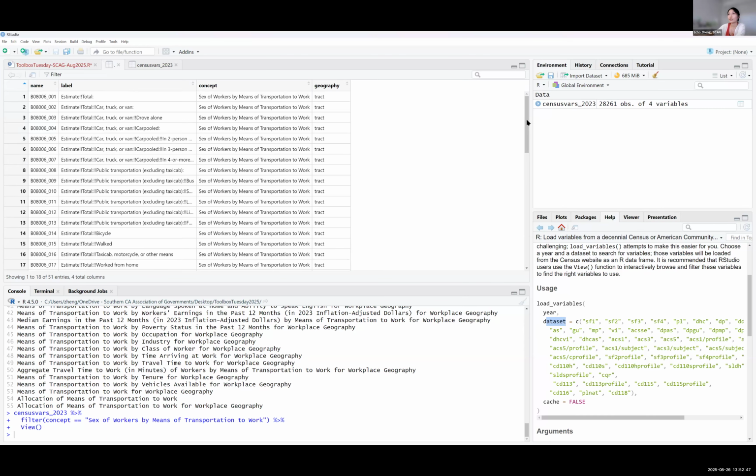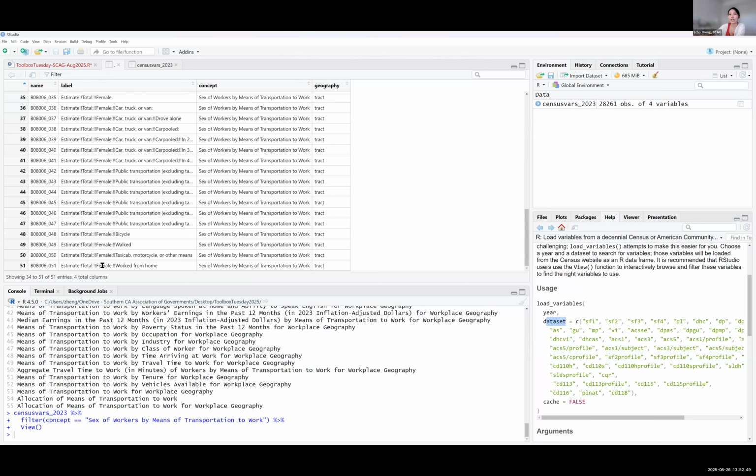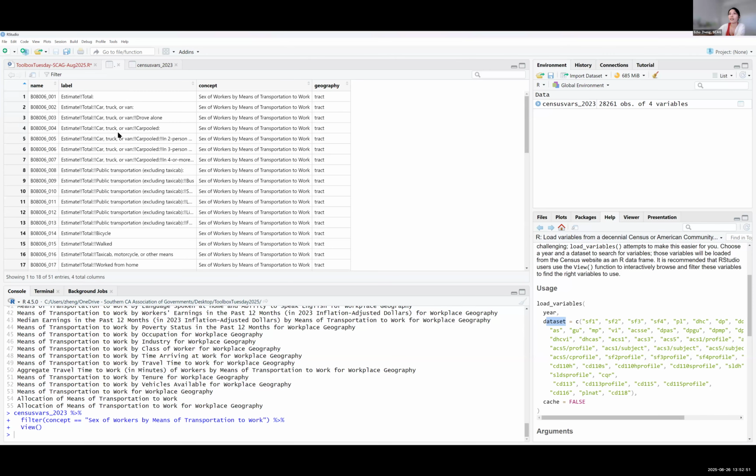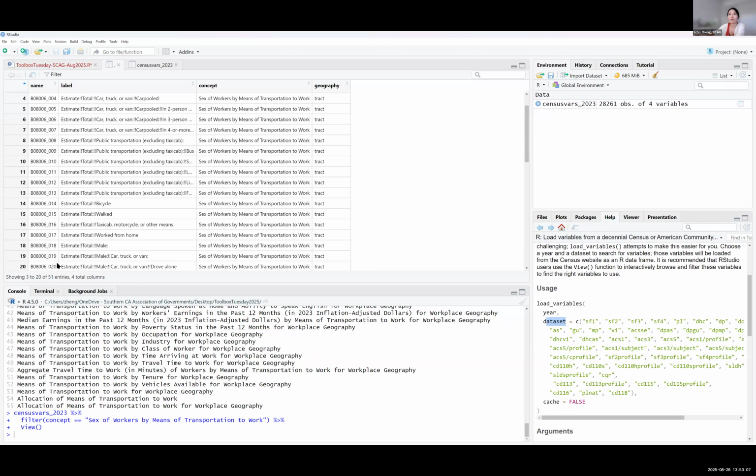So here you go. You get the same 51 variables that has this, and it gives you the exact variable name for each. So to begin with, we will just look for one variable, B080006_017.